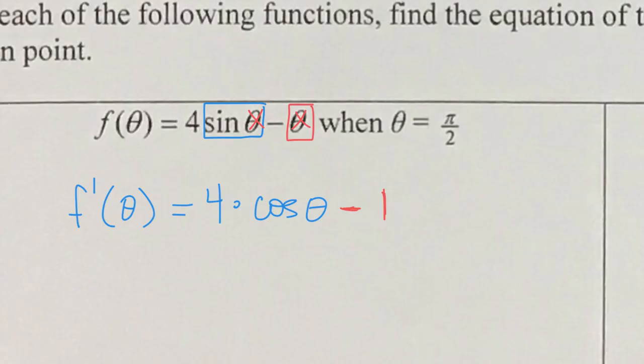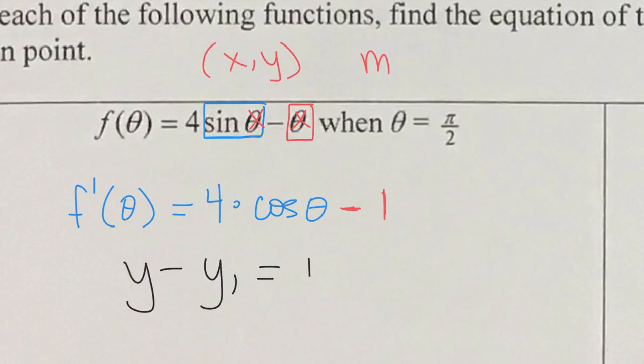Okay? So if it says we want to write an equation, we need to know 2 things. We need to know the x and the y coordinates, and we need to know the slope. Right? We're going to write it in the equation y minus y1 equals m times x minus x1. Right? That is your point-slope form of a linear equation. That's the one that we use in calculus. So first,